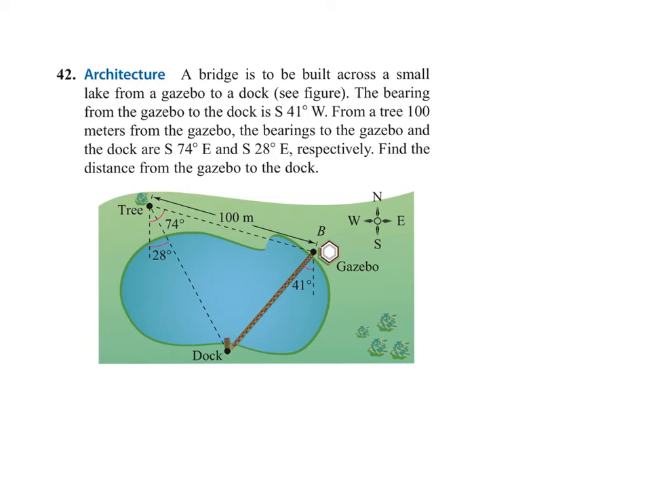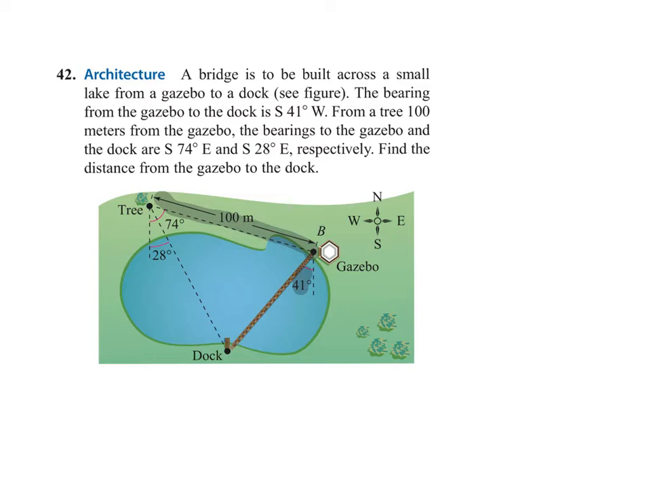Okay, this is 42 from the homework from 6-1. So it said a bridge is to be built across a small lake from a gazebo to a dock. Bearing from the gazebo to the dock is south 41 degrees west, which is marked on your little diagram. That's what's here. And then from a tree 100 meters from the gazebo, that's where your measurement from 100 comes